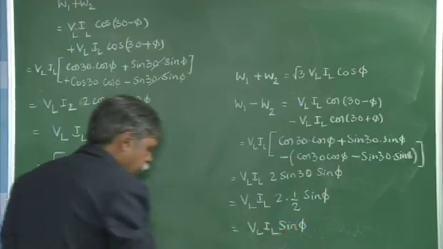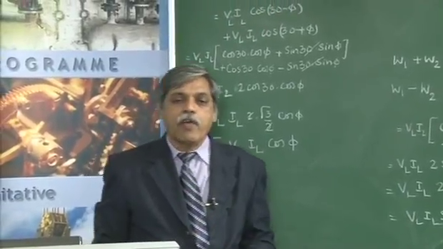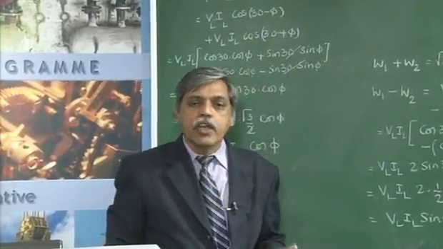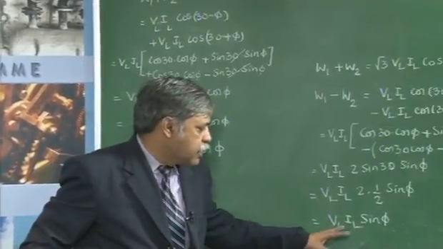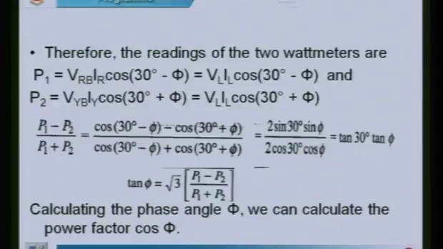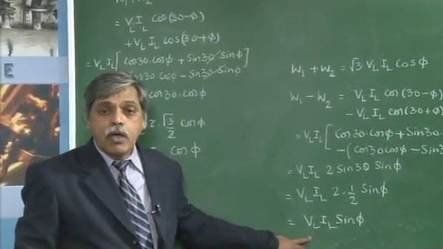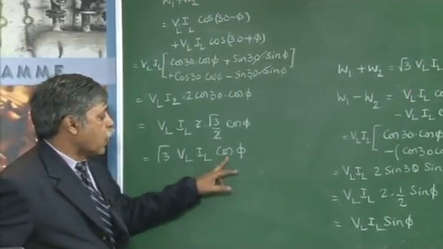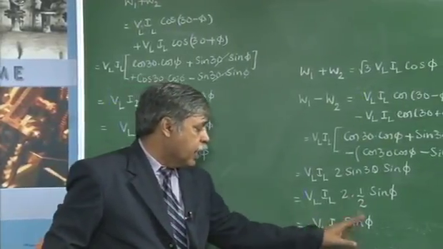While doing single phase circuits, I told you that the average power in a single phase circuit has the expression VI cos phi, and the reactive power, the power due to reactance, will be VI sin phi. So this expression VL IL sin phi is the same thing, and it represents the reactive power. But what is the reactive power in the three phase system? As we have an expression for the real power in the three phase system, root 3 VL IL cos phi, in the same way we have an expression for the reactive power as root 3 VL IL sin phi.